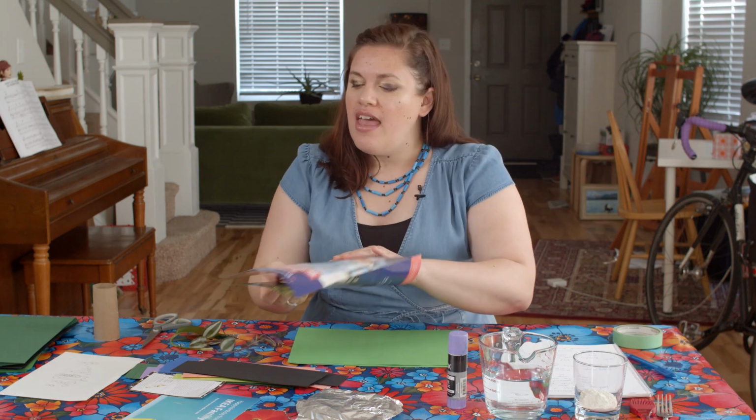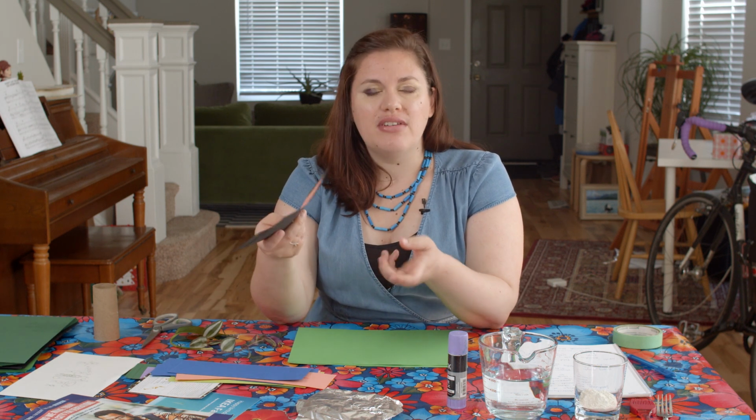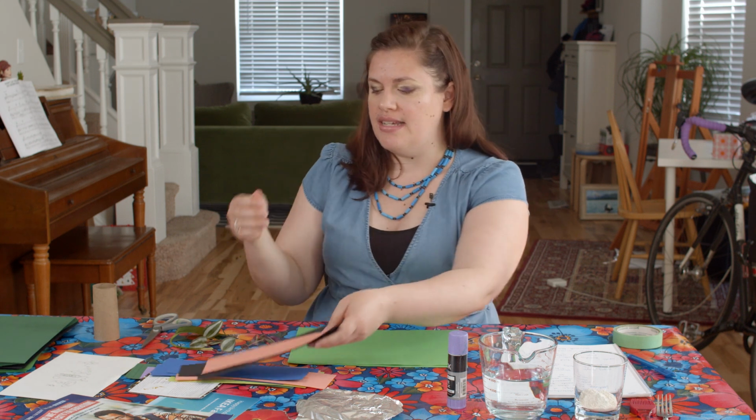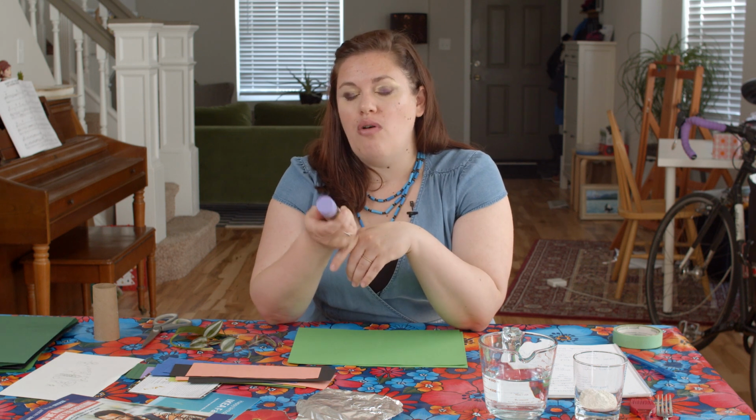All right. If you have construction paper, or big paper, I recommend cutting it into strips to begin. It's a lot easier to get started when you have a smaller piece of paper to work with. So I piled up a couple strips at a time and cut them all at the same time. That's a grown-up thing to do. Also, you're going to need some glue. If you don't have any glue at home, like a glue stick or white Elmer's glue or tacky glue, you can make your own glue